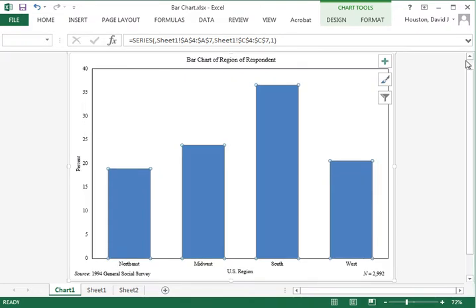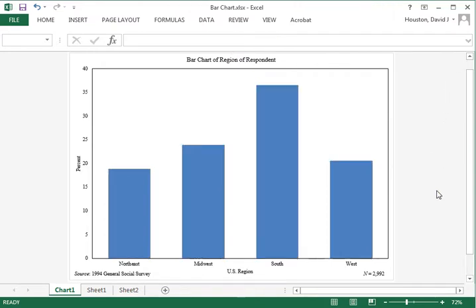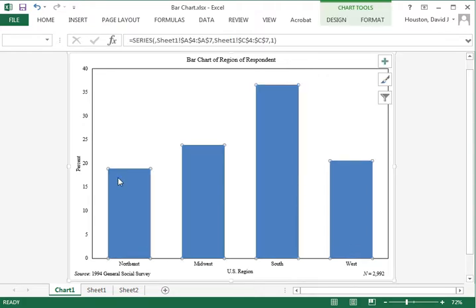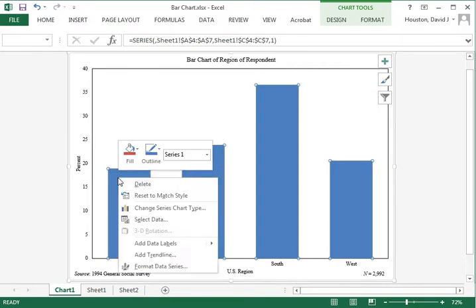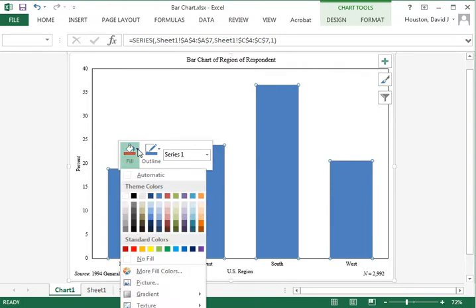The last thing I want to change here is going to be the actual colors of the bars. Now I just clicked anywhere outside the chart area to unhighlight the chart. Move your cursor over top of one of the bars and left mouse button to highlight them all, and now use a right mouse button, and up comes a range of options. You notice I can come up here to fill, and this will give me, with just a left mouse button, all the different colors that are in this current theme, or any other standard colors, or if I want more colors, of course I can come down here and click on fill more colors.